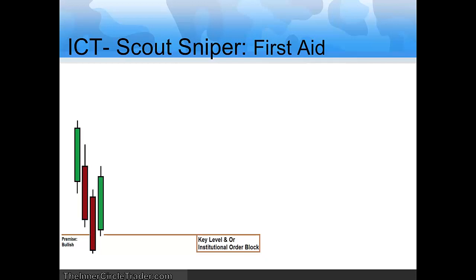If it's still consolidating or still hemming and hawing around, not really moving, I'm looking to either take half the position off and move my remaining position to either break even, or aggressively take it to half the initial risk or even a quarter of the initial risk. I may like the overall setup that still might be there, but it could be iffy. Just watch your six, take your position and cut it in half, remove half the initial risk if possible, or at least reduce it down to a quarter of the initial risk on the remaining half position you leave on,